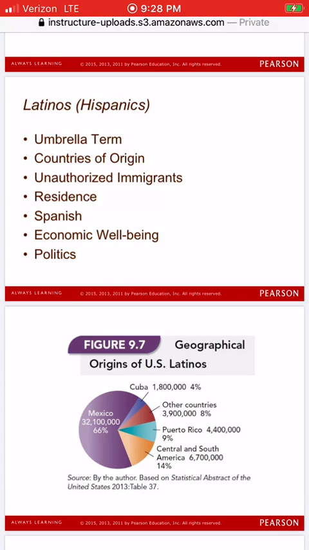There are some topics that I'm going to breeze over because you can read about that in the book, as far as unauthorized immigrants. And again, these are topics that are highly controversial. If any of you are looking at current topic choices for your bonus, this is one in which you could do a little bit more research. There is, of course, a lot of controversy now with the border wall that Trump is trying to implement.